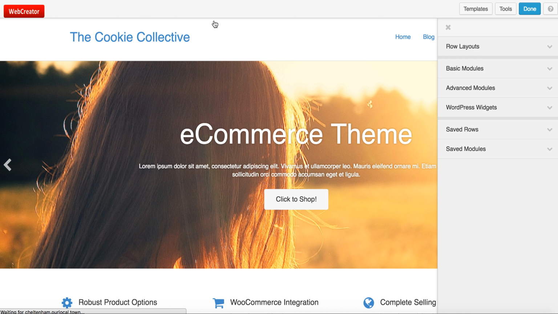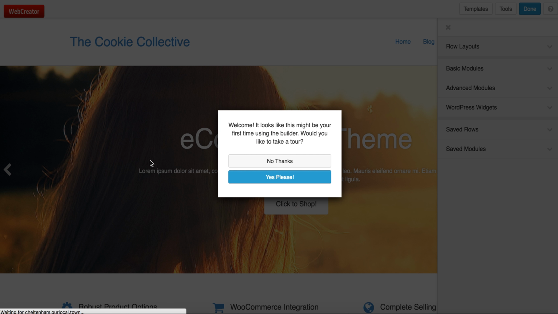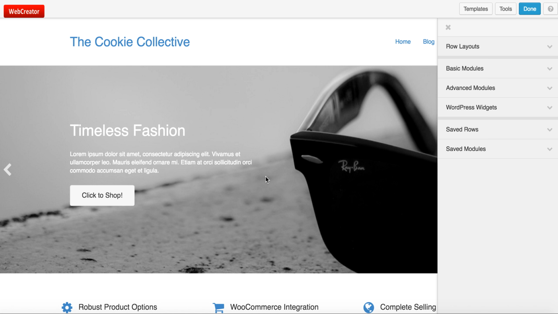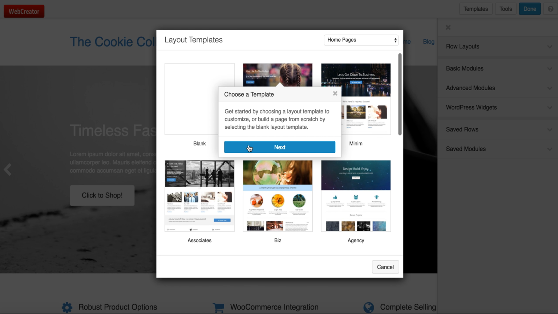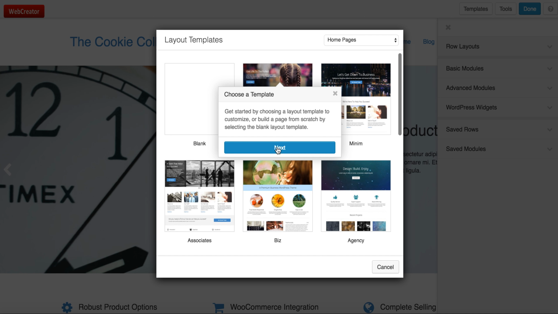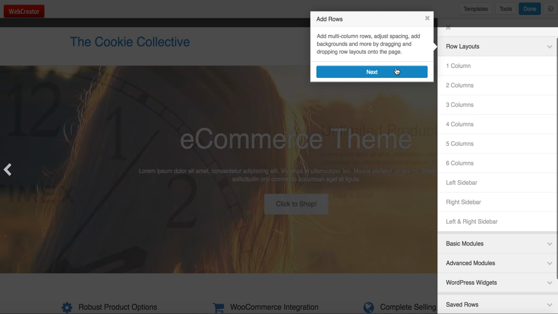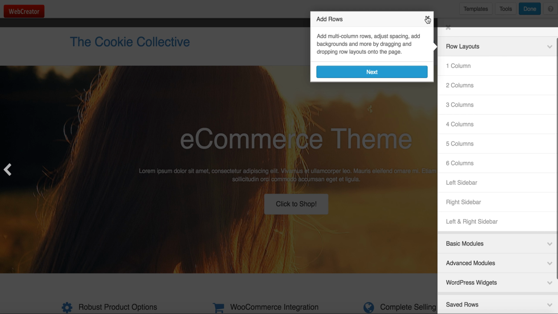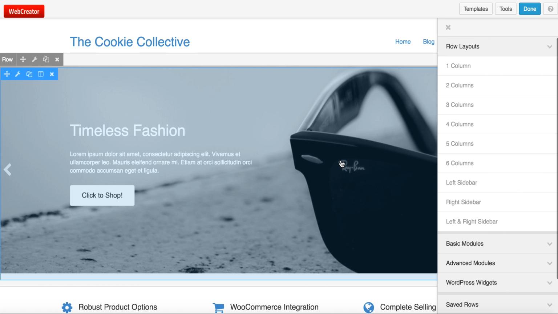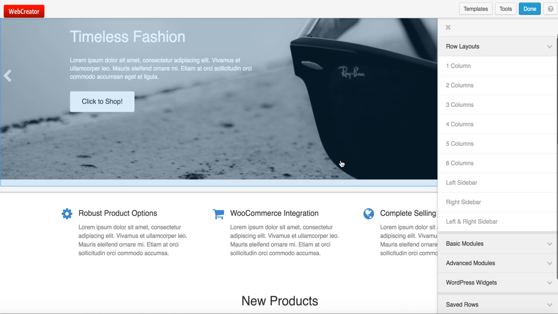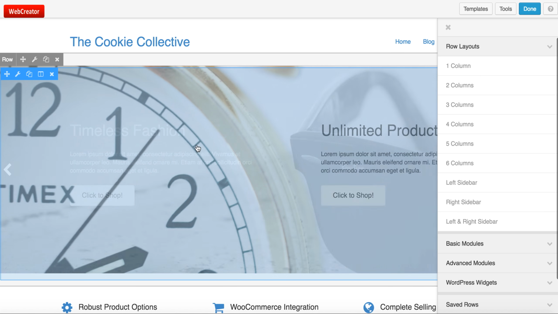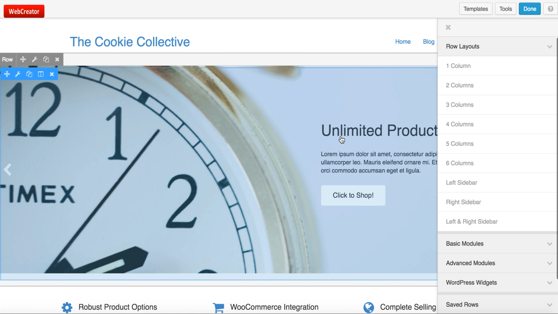What will then happen is you'll be taken to a little walkthrough. Now we would recommend that you follow this walkthrough by clicking on the Yes Please. If you do that, it will take you through a little tour like this showing how you use Web Creator, and that's very useful as it shows you the majority of its features. We won't show the whole thing for this video, but you'll get the hang of it if you use it. Basically, to use Web Creator, it's a matter of just clicking on the content you want to change and